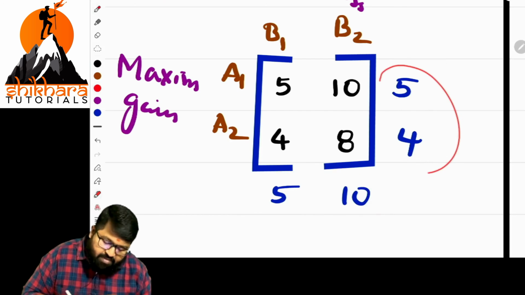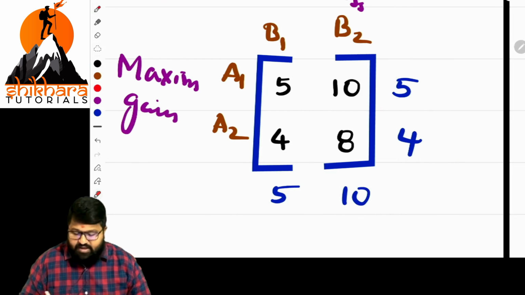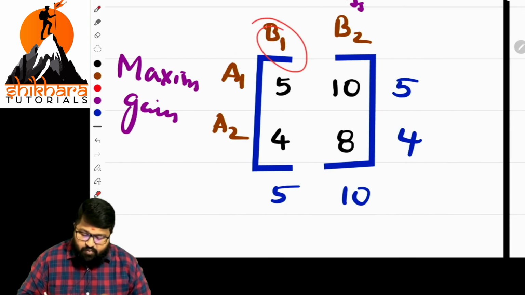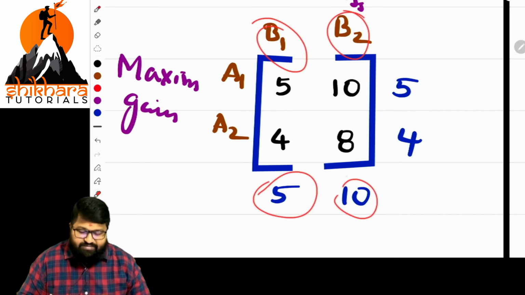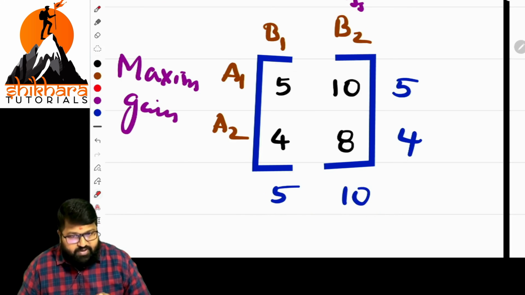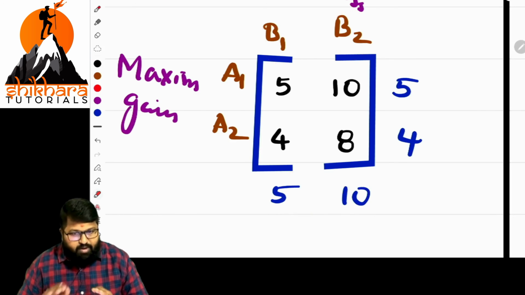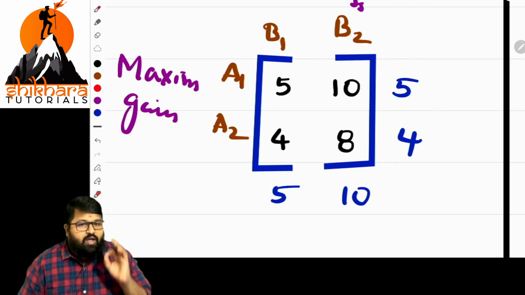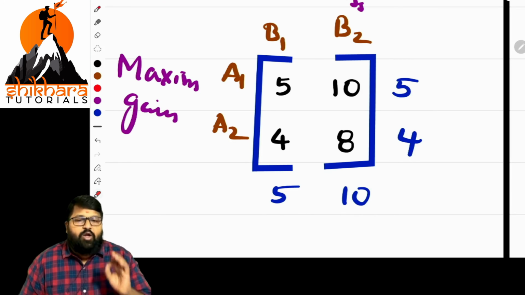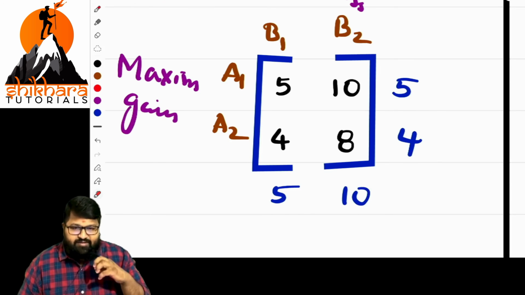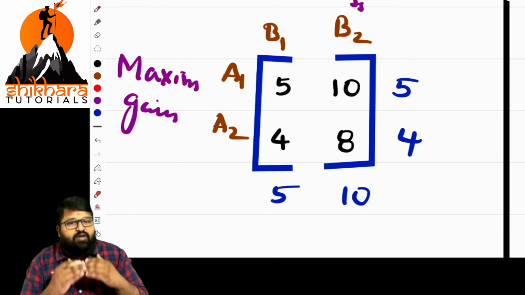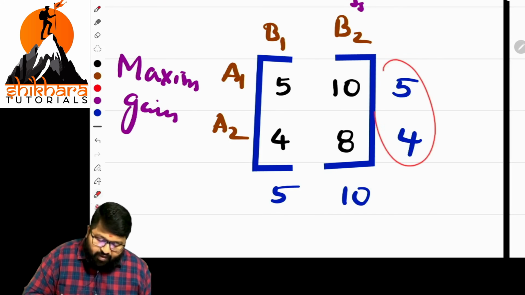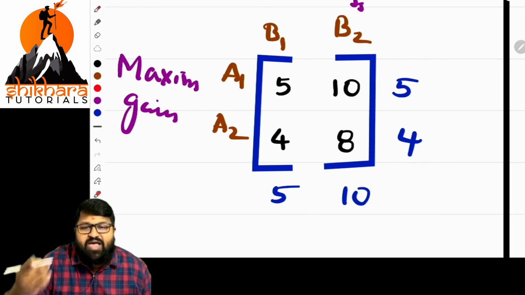The minimum is the gain he is getting, and the maximum is the loss he is getting. So for B1, what is the maximum loss? For B2, what is the maximum loss? This loss will definitely arise, and this gain is the minimum gain we can surely get. The basic principle is that losses are taken at maximum, because we have to face the maximum loss, and gains are taken at minimum. From these two values, take the maximum value.